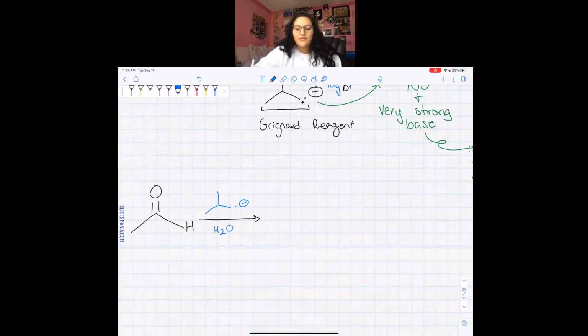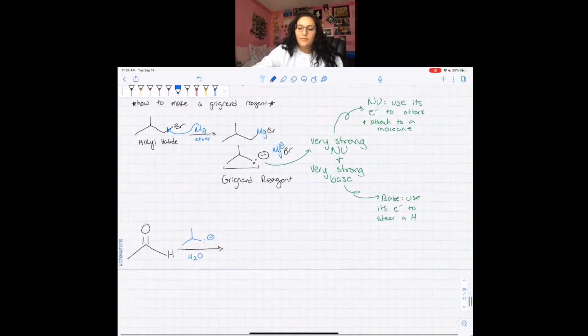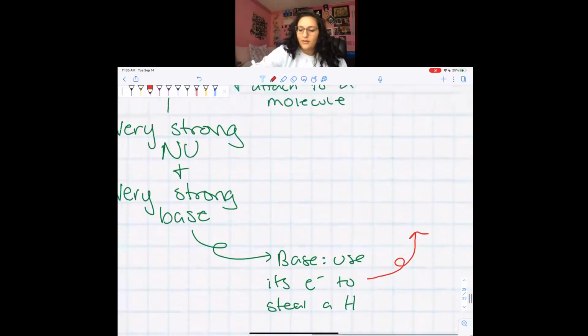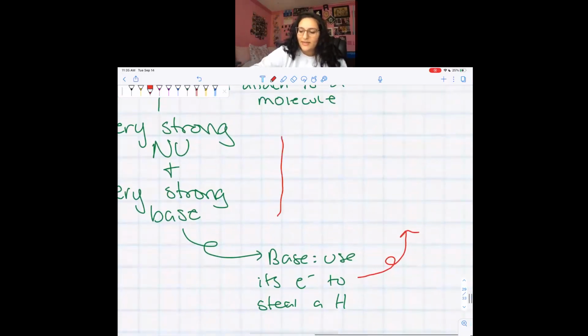So it can do one of two things. It can either be a nucleophile and attack this carbon, or it can be a base and it can steal a hydrogen. So we're going to go back here for 1 second, and we're going to define what an acidic hydrogen is. It can't do both at the same time. No. All right, so in order for it to act like a base, we need to have an acidic hydrogen